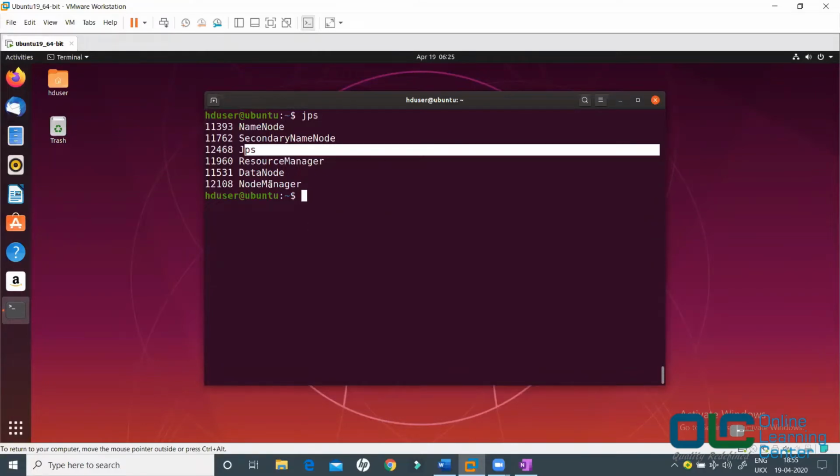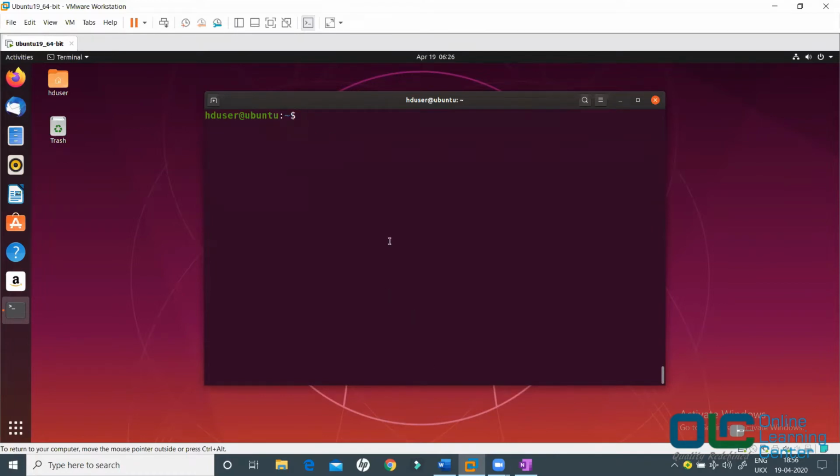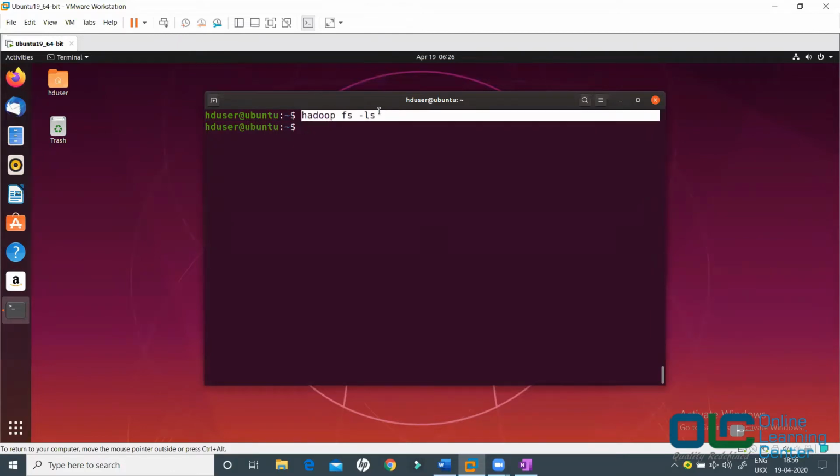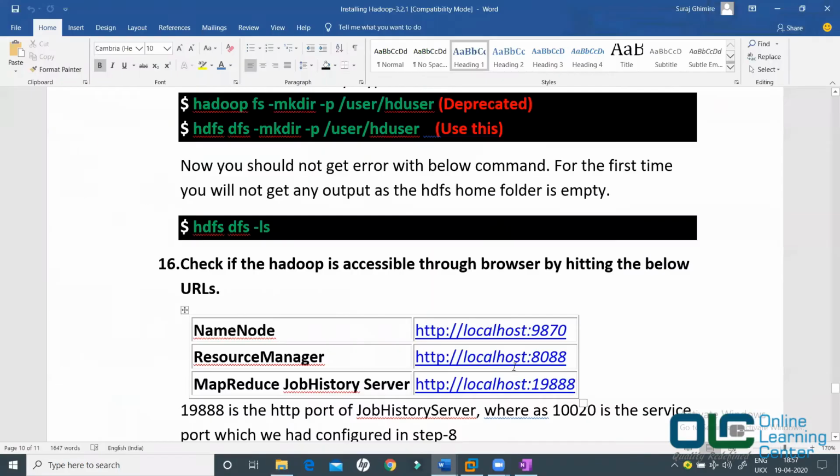We are going to discuss the difference between name node and secondary name node in the coming chapters, but at a high level, you understand what they are all basically for. Now let me also do something like this: hadoop fs -ls. This is a command to list all the files and folders in your Hadoop HDFS file system.